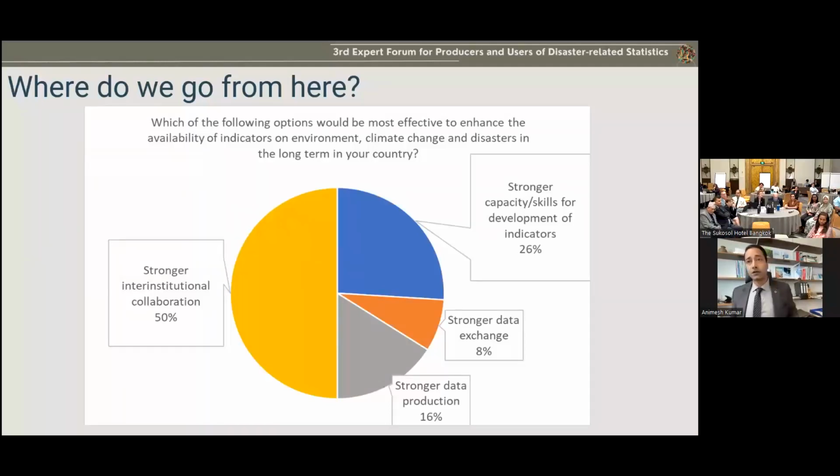So moving forward, the disaster-related statistics community feels that we have continually focused on disaster impact, focusing on loss and damage data, for example. We do feel that we also need to enhance our focus on the prevention agenda. So what is the role of the statistical community in furthering and substantiating the prevention of disaster risk and disasters is one key area that we need to further focus on.